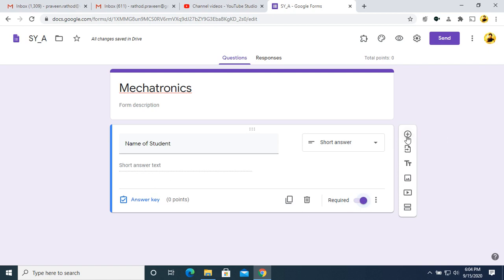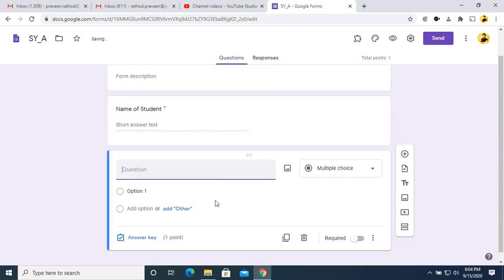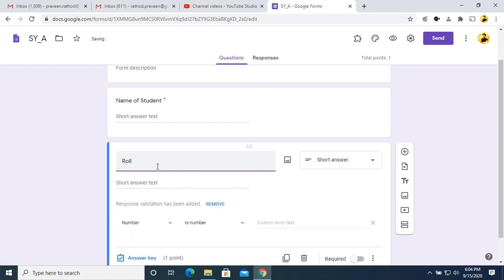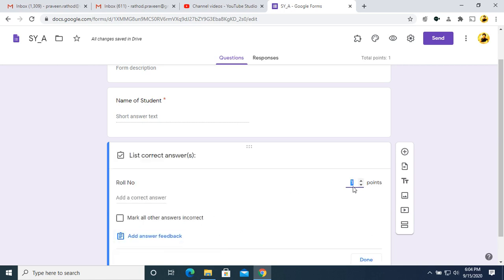Click on the plus tab in the side option, and one more question will be created. Here you can put the roll number of the student. Again it is created as short answer.